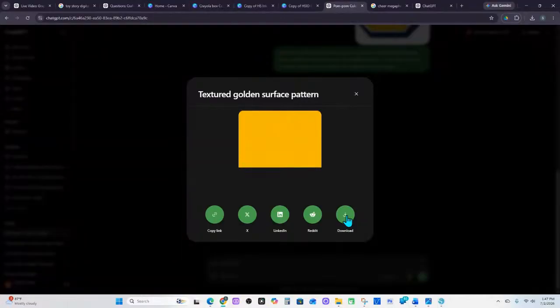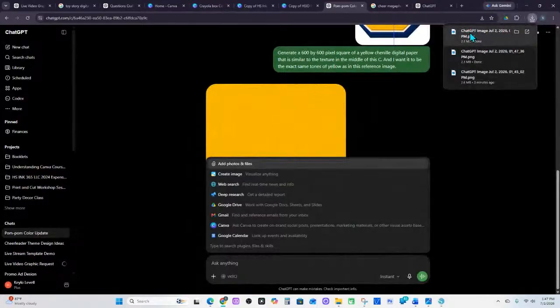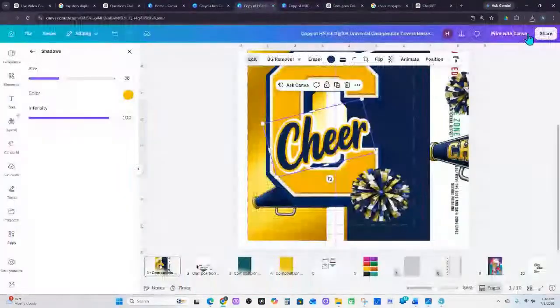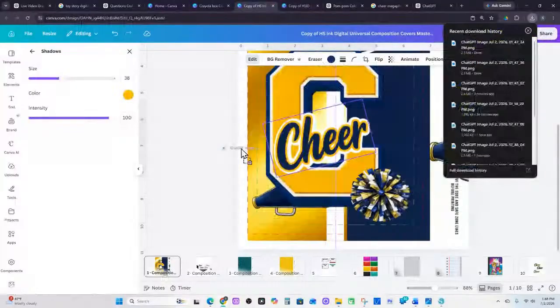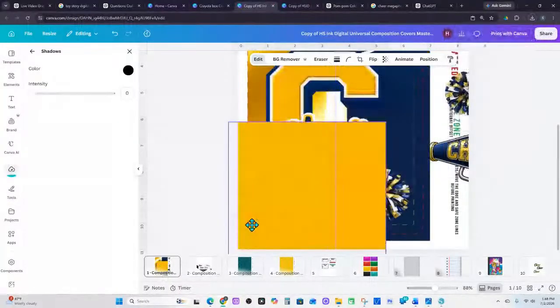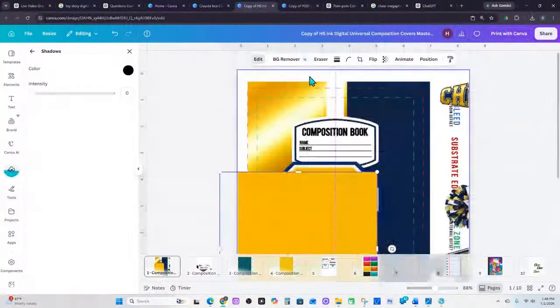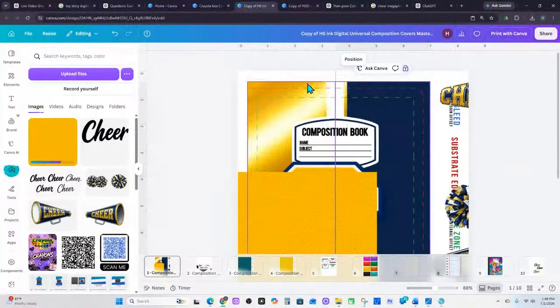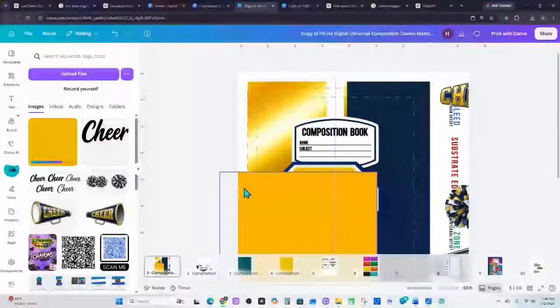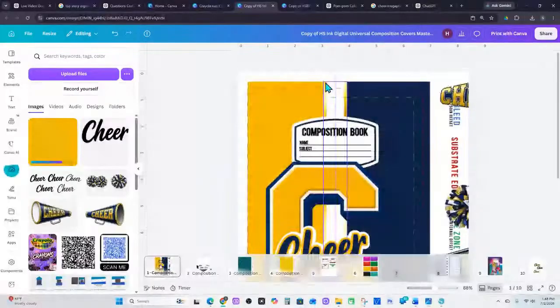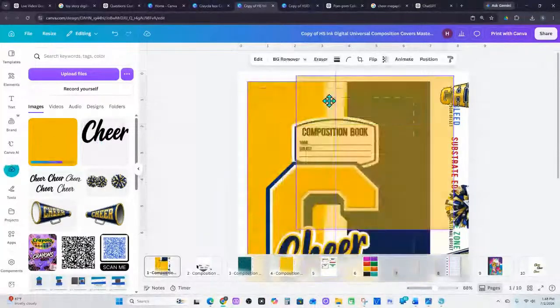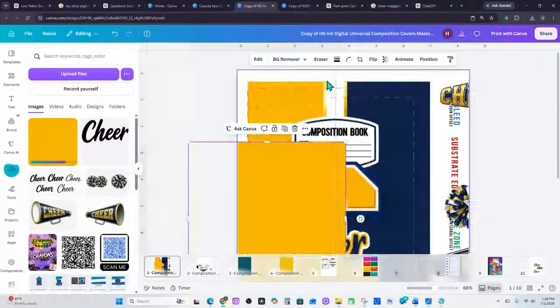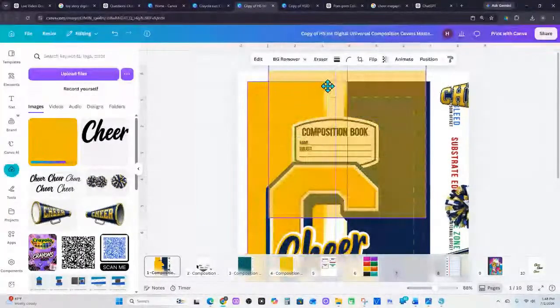Come on. You're taking forever. Oh, it did it twice. Okay, so now we will come back over here. I'm going to go to my downloads, drop that bad boy in. I have to replace the background. So we're going to come here, unlock it with the chenille. Okay, well, I want you to fill in